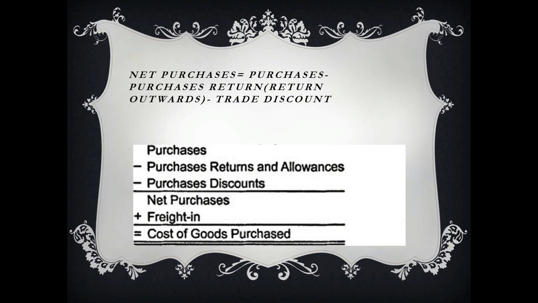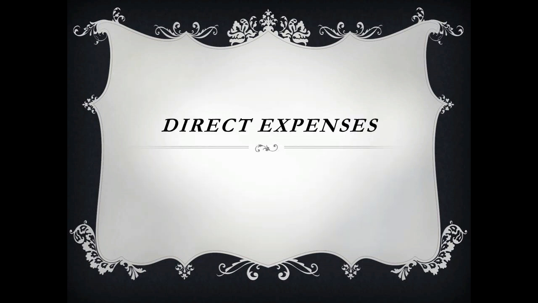No doubt students, you think about what is trade discount. It is a concession given by the supplier to the buyer on the invoice price of the goods. Second point to remember: for the purchase of any assets such as machinery, furniture, stationery, a separate account should be maintained, because machinery is the asset of the company and it is shown in the balance sheet.